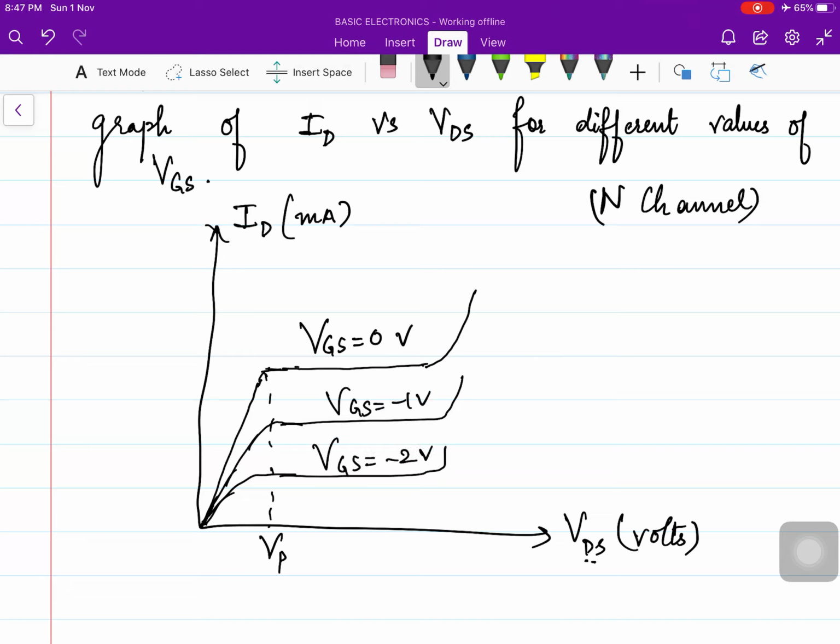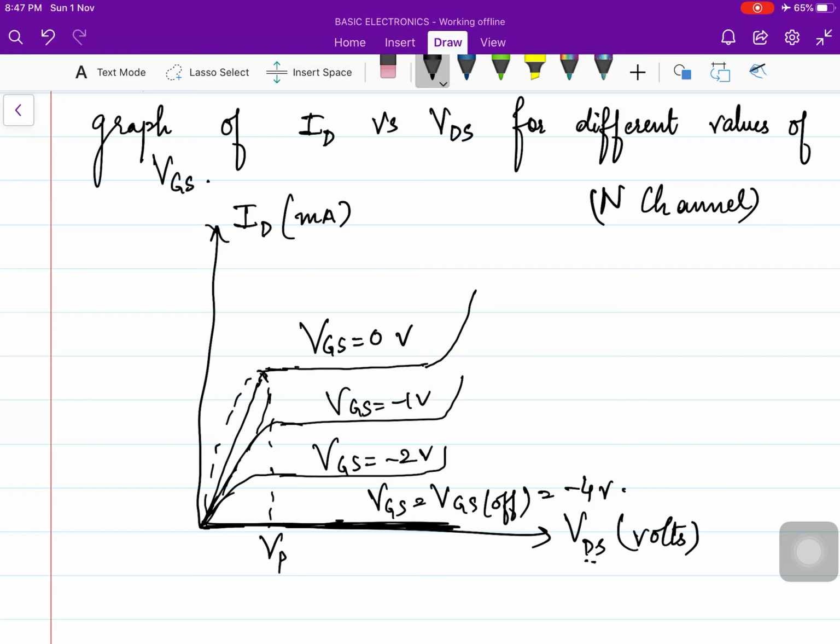For VGS minus 1, let it be, VGS minus 2, let it be. Now, as you make it more and more negative, a cutoff voltage will also be reached. Therefore, current is 0 when VGS equals the cutoff voltage, that is VGS off, you can say minus 4 volt. So this is how the study of drain characteristics is done. You can first draw the graph for VGS equal to 0 volt and then see what the changes will be as per the information you acquired during the learning of operation of n-channel JFET.